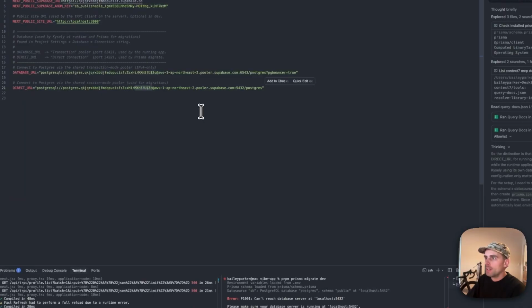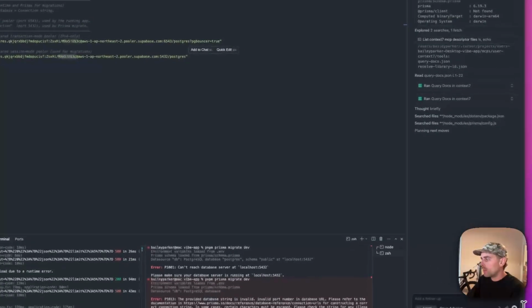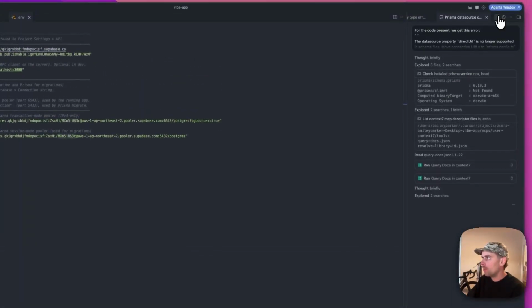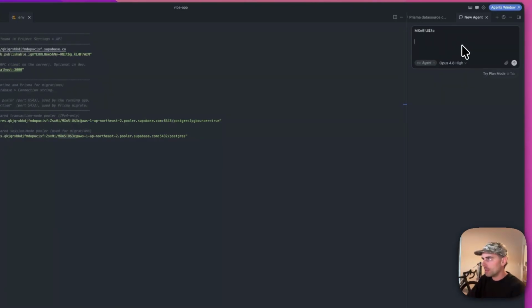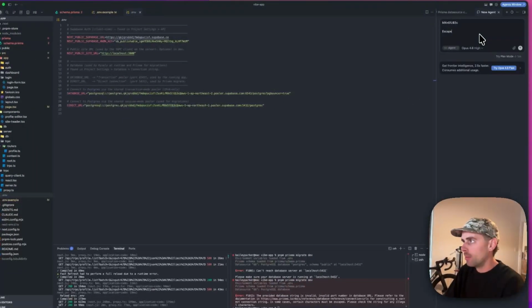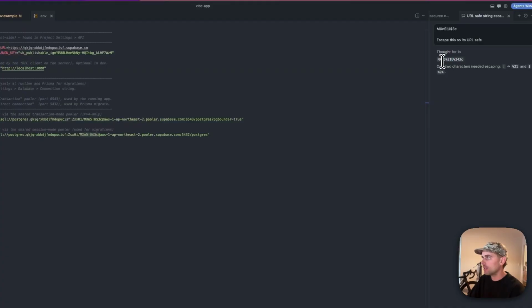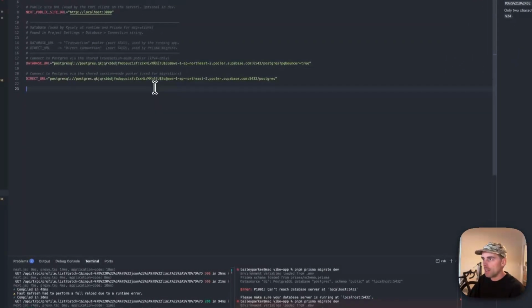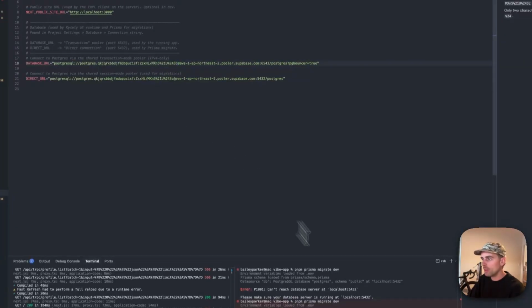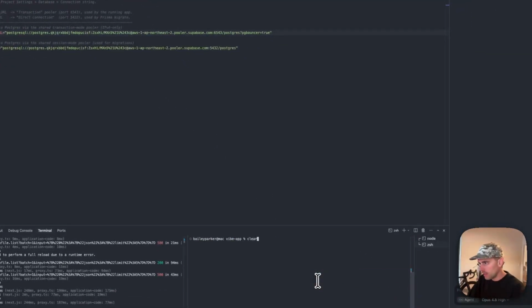So it's not a good way to do it because then we're revealing our password to AI. But since I'm not going to be using this string, it won't really matter. So I'm just going to get it to escape it for me, and then we'll be able to connect to it hopefully. So if we take this, it now looks slightly different because it's making the characters safe for a URL. So if we add that there like that,